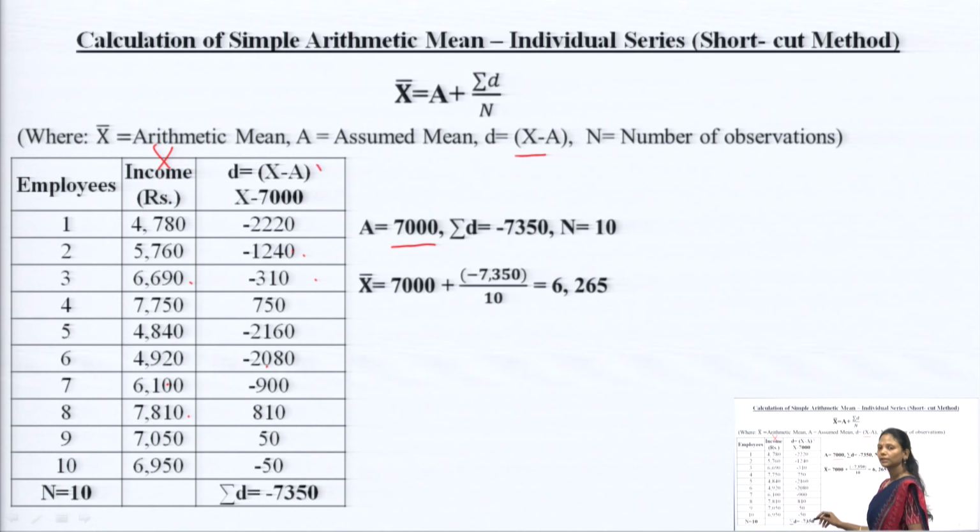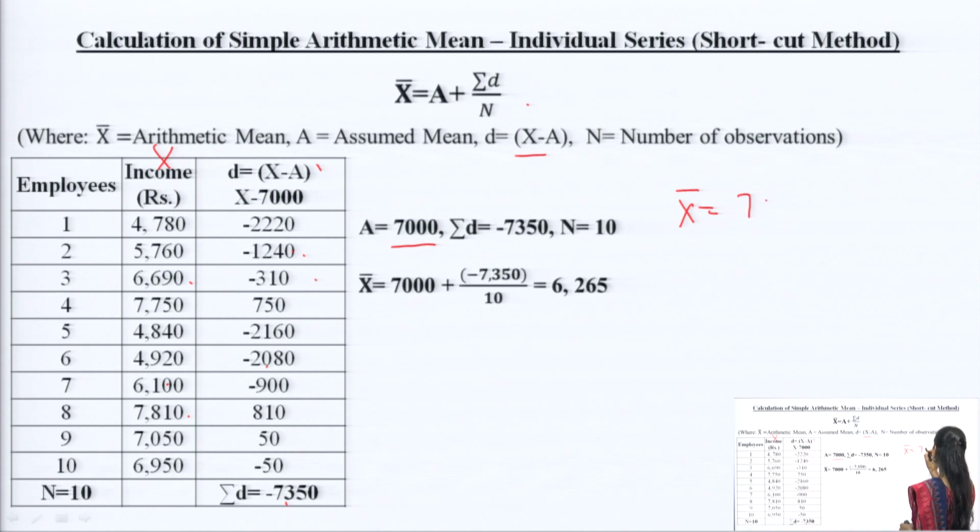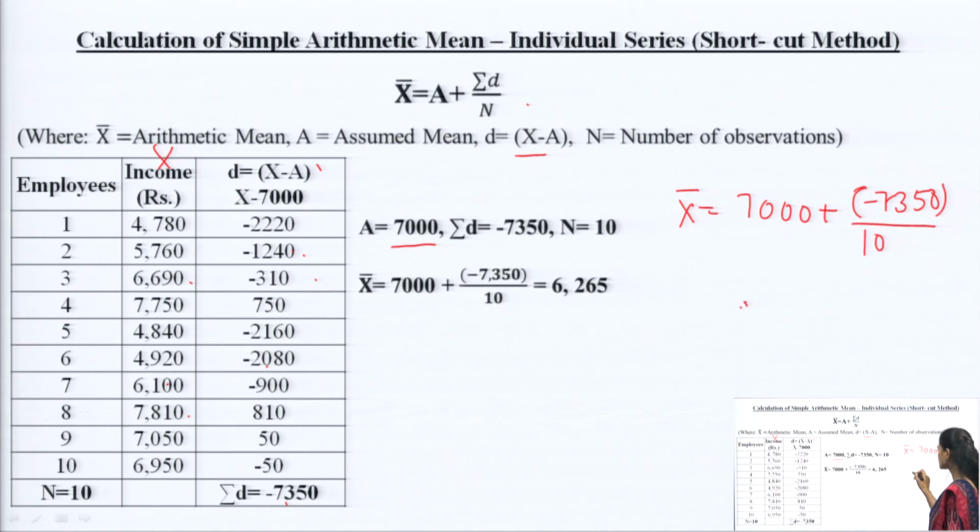If I add all these, this will give me summation d. Summation d is equal to minus 7350. I have to put all this in this formula, and what I will get is x bar is equal to a, which I have assumed as 7,000, plus summation d, which was minus 7350, divided by n, which was 10. So, if I solve this question, what I will get is 7,000, since it is minus of